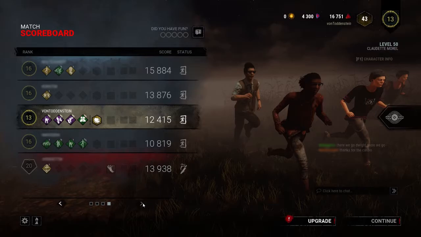I am using 4 Tier 3 perks on Claudette. I'm rank 13. The first perk is Spine Chill, which increases action speeds by 6%. But it increases skill check probability while reducing skill zone sizes. Second is Self-Care, which allows me to perform healing without a medkit, although at a 50% reduction, but it increases